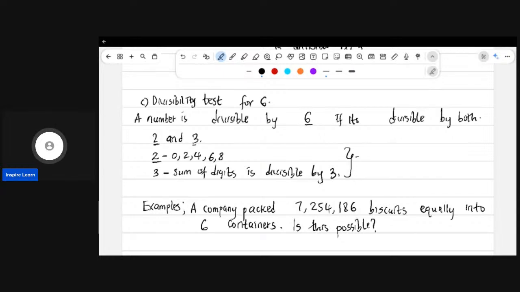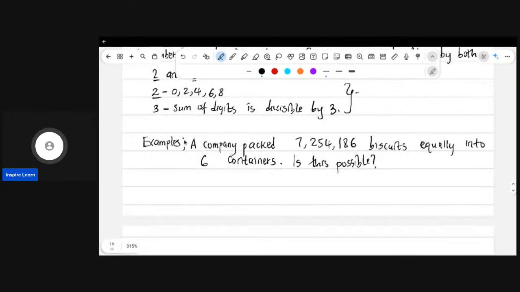So when you get such a question, you should know that this question is asking me, is 7,254,186 divisible by 6. Remember, we have said that a number is divisible by 6 if it is divisible by both 2 and 3. So first things first, the first question we need to ask ourselves is